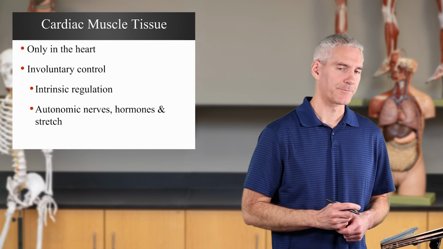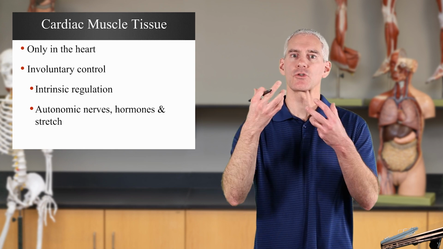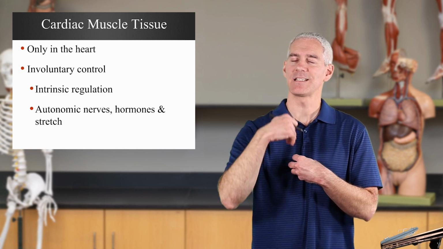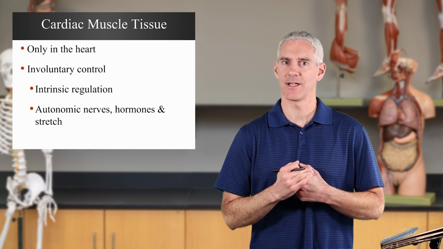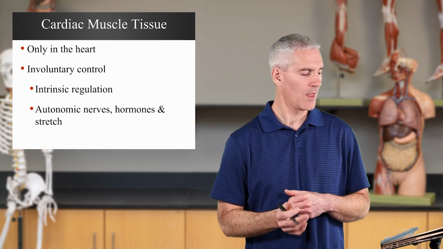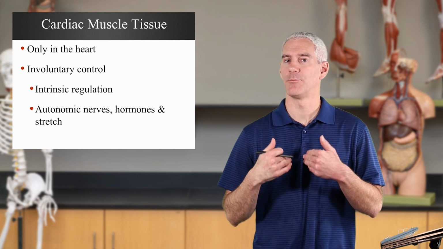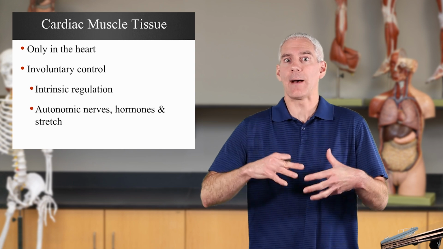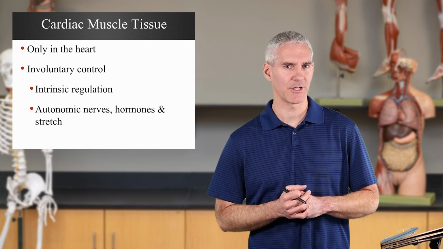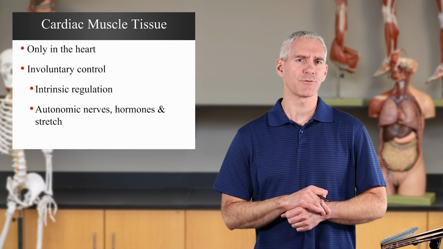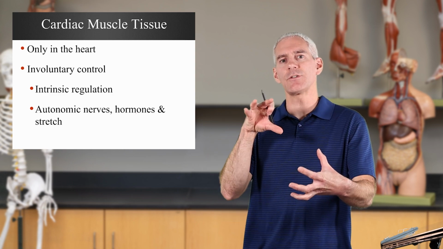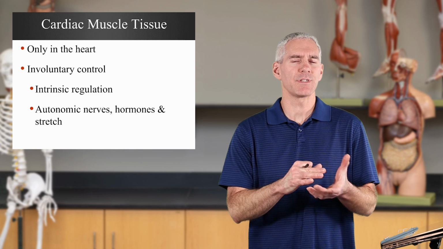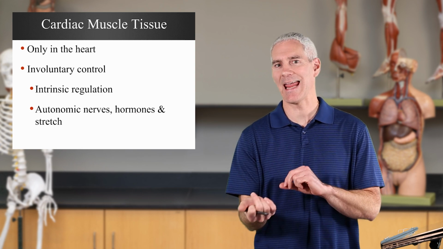So what that means is, basically, you're going to have your brain controlling the heart. You have the heart itself beating, but the brain can send signals into that cardiac muscle to modify the rate of beat. You have hormones that can impact how much your heart is beating. Think about epinephrine or adrenaline. If a whole bunch of epinephrine comes in, your heart starts racing very quickly. And these stretch receptors, if the heart stretches out too much, it automatically contracts to protect itself. So you're going to have different receptors, different signals, intrinsic and extrinsic.